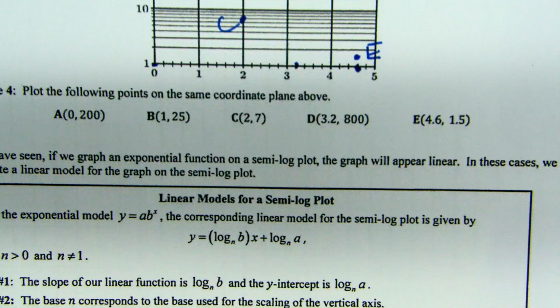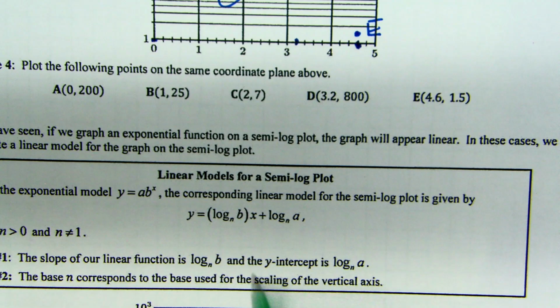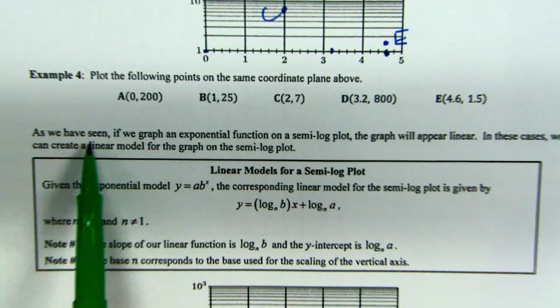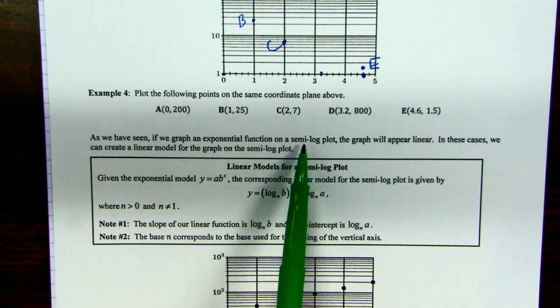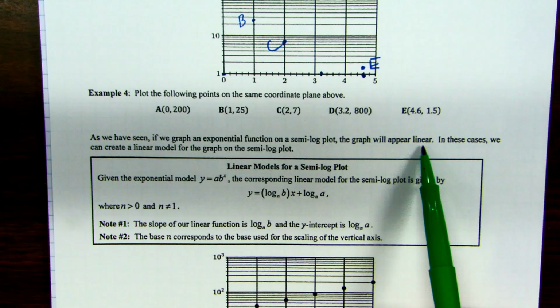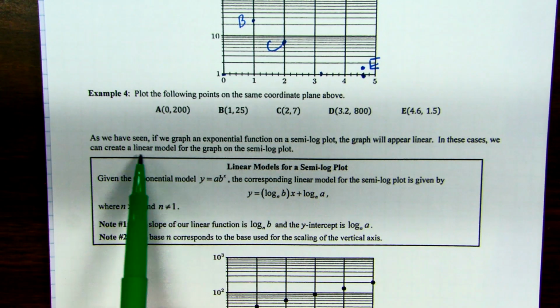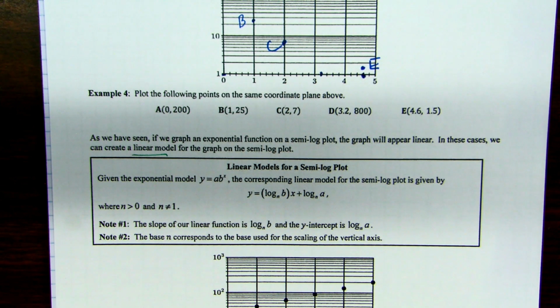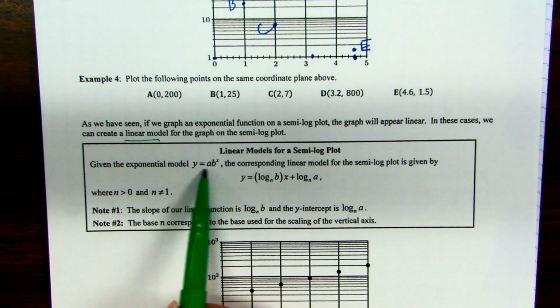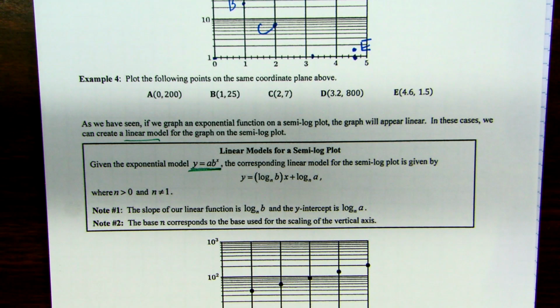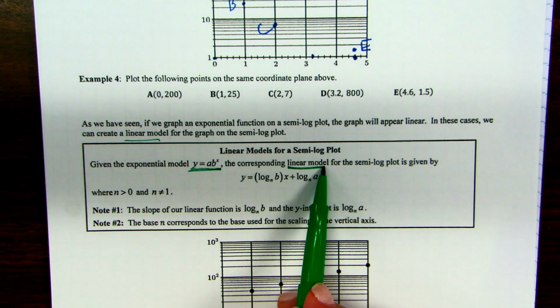All right, so here we have, let me just read to you. As we've seen, if we graph an exponential function on a semi-log plot, the graph will appear linear. We've got that. In these cases, we can create a linear model for the graph on the semi-log plot, right? So let me explain. Given an exponential model, a times b to the x, the corresponding linear model for the semi-log plot